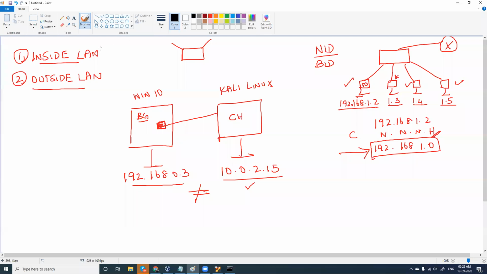So the configuration you have to make for inside LAN is bridged adapter. I'll show you where you have to change this configuration. And in case it is outside LAN, it is going to be NAT. I hope now you understand what NAT is, network address translation, right? If you want this to be out of your LAN, then the configuration is NAT. If you want this to be inside your LAN, then that's going to be bridged adapter, right?